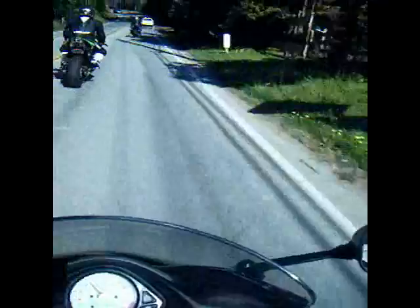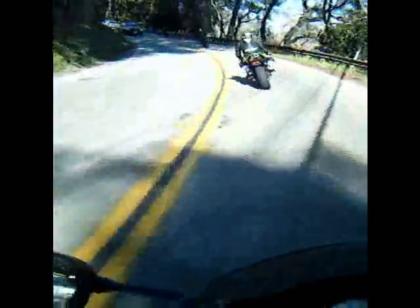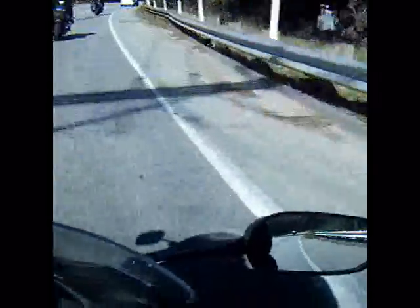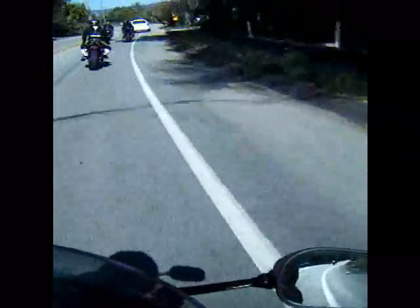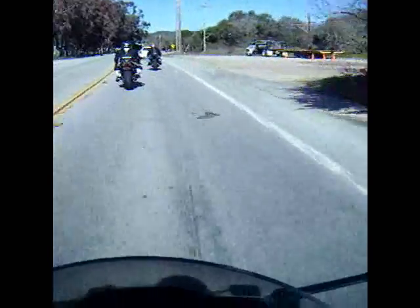I think this is the last road. I'm not too sure, I don't remember. But seeing that we're following a car, we won't be going too fast. I guess I can talk a little more. And I don't really care if I run out of memory or battery at this point, because I think this will be the last video that I'm going to take while I'm on the road. I still have another camera for all the other stuff like the establishing shots and all that. But essentially,